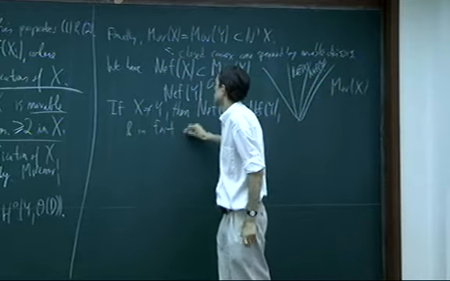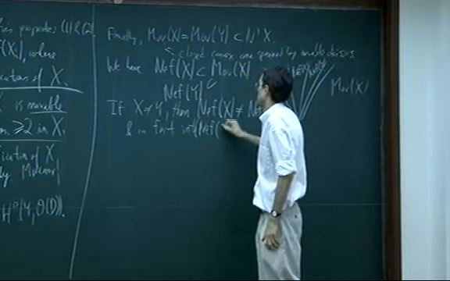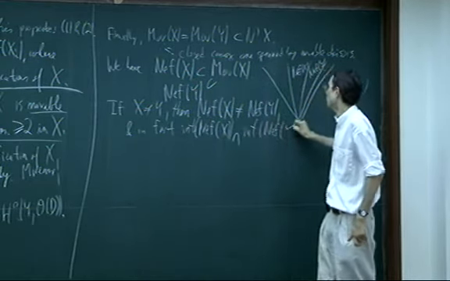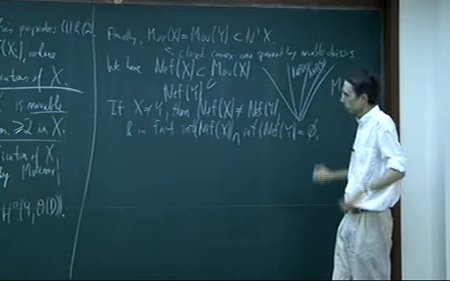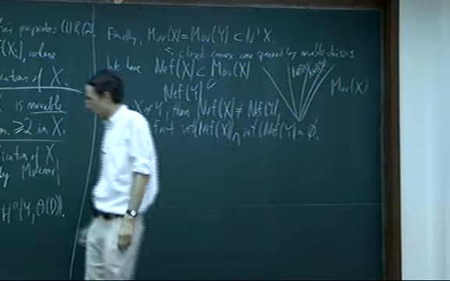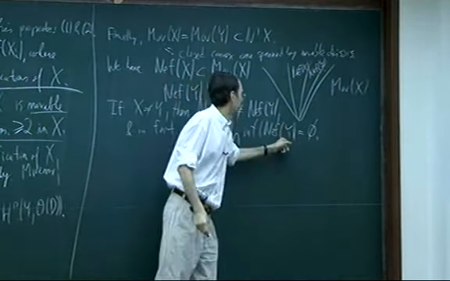So the interior of the nef cone of x doesn't meet the interior of the nef cone of y. Okay, which is obvious because